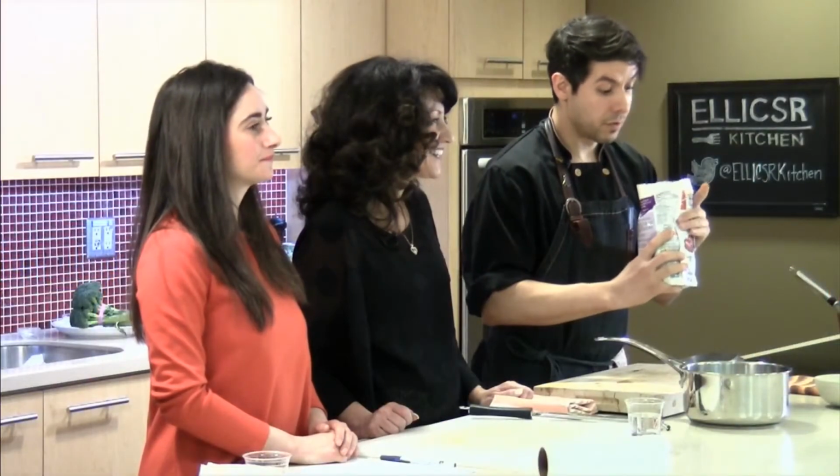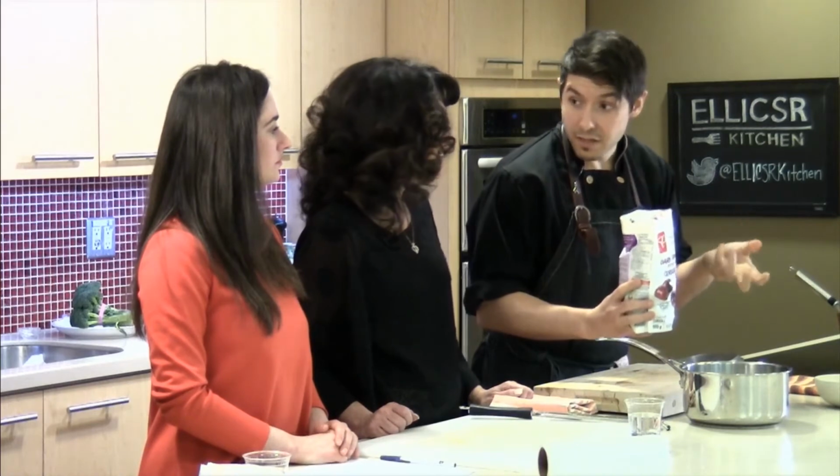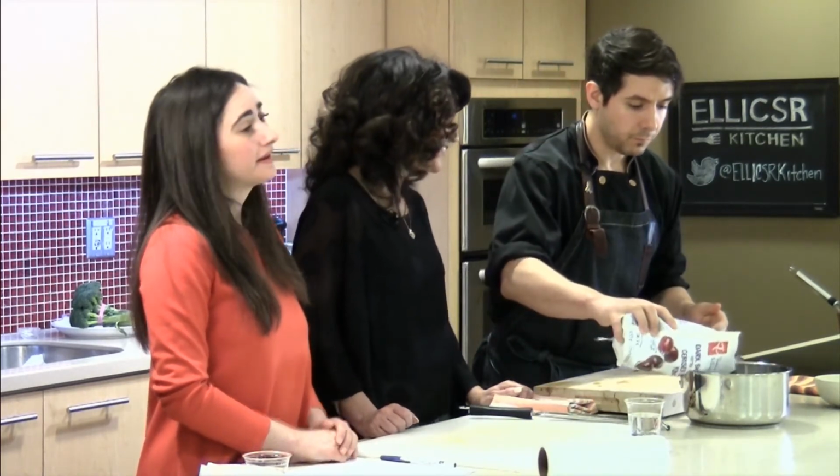One of my favorite frozen products is frozen cherries. These are delicious. Oh my gosh. They're cherries. You can use any fruit you want. That's delicious. This, because it doesn't have the seeds in there, is I think more appropriate for this recipe. But again, depending on